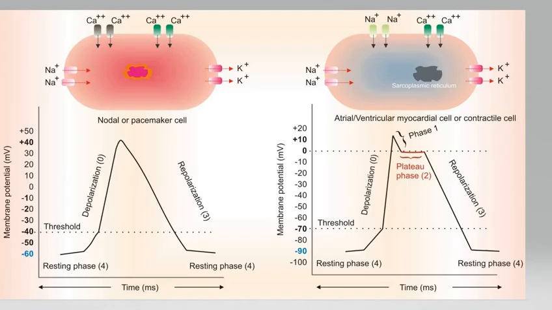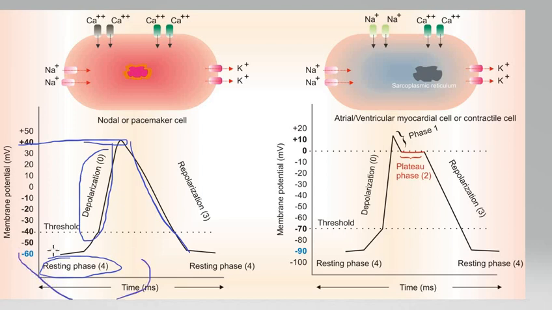I am recapping that the action potential of the SA node is divided into 3 phases. Phase 4 is the resting membrane potential and it is about minus 60 millivolts. And phase 0 is the depolarization phase. During phase 0, the transmembrane potential reaches up to plus 40 millivolts. Next and final is the repolarization phase. As stated, there are 3 phases of the action potential of the nodal cells: resting phase, depolarization phase and repolarization